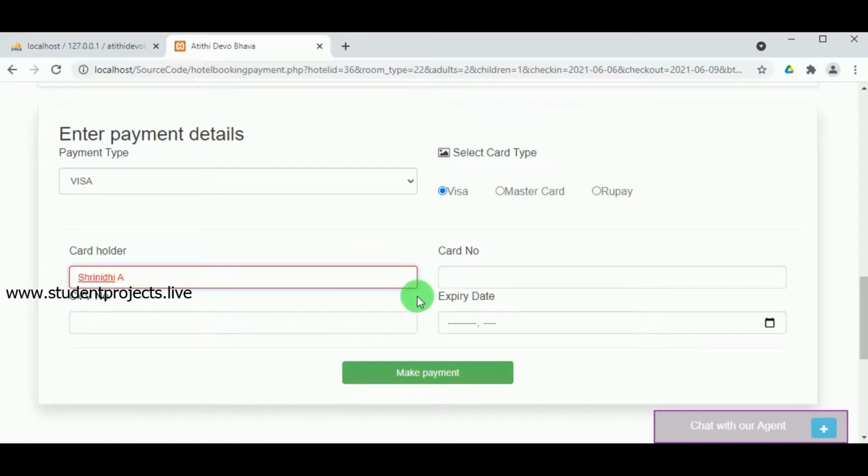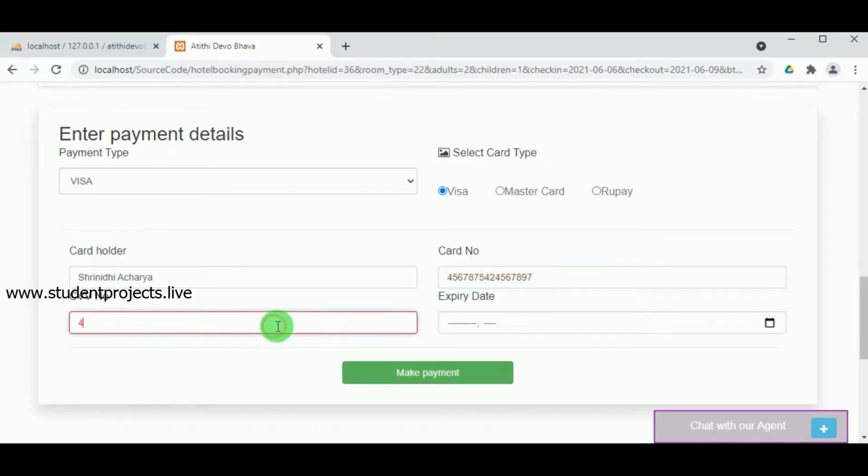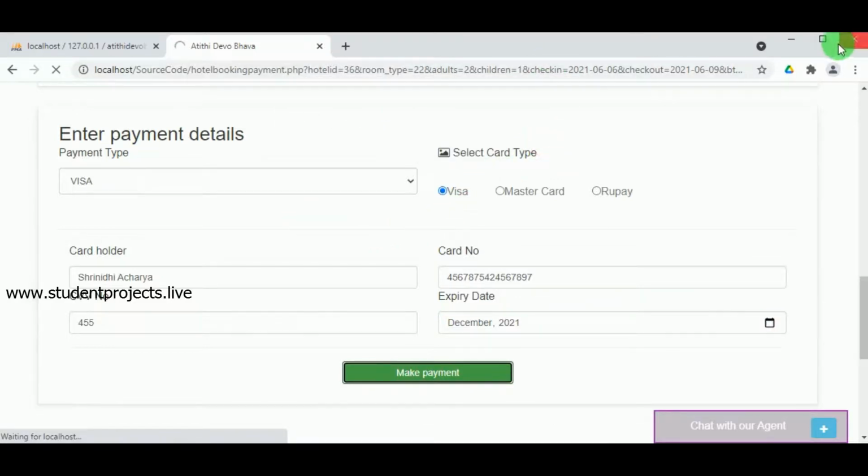The card number must be entered. The card number must contain 16 digits. Once the card number is entered, the CVV number of 3 digits must be entered and the expiry date must be selected. Click on make payment and the payment is done successfully.